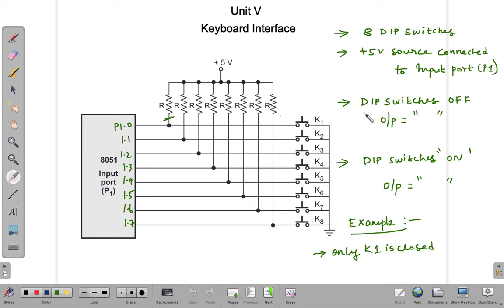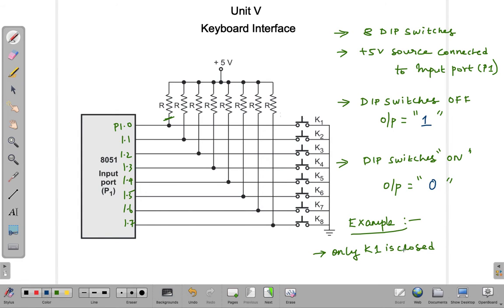slide. To give you a short introduction about the status of the DIP switches, when all the DIP switches are off, the microcontroller will be getting a logic level 1 at the input pins. When you try to read the data which is present in the port registers of port 1, it will be all reading logic 1, meaning that the switches are open. If the DIP switches are closed, if they are in on condition, it creates a short circuit between the plus 5 volt supply and the switch. So this makes the pins which are connected to this system to operate at logic level 0.